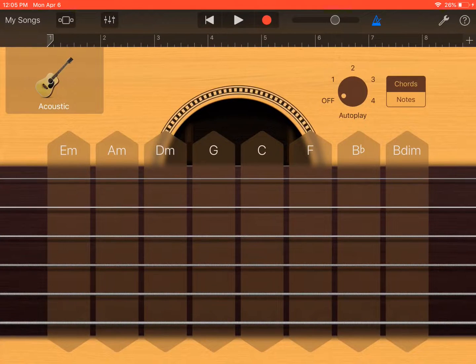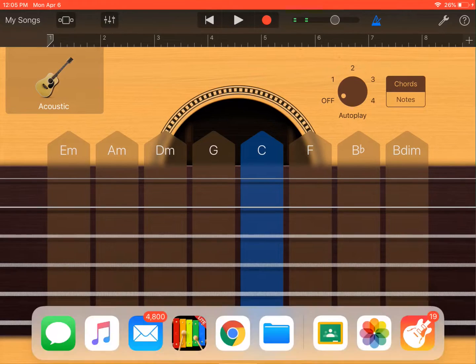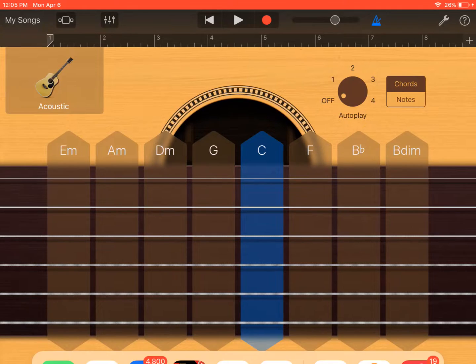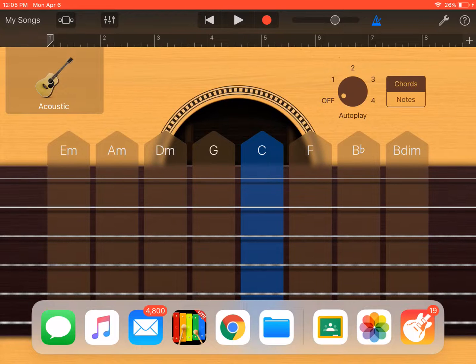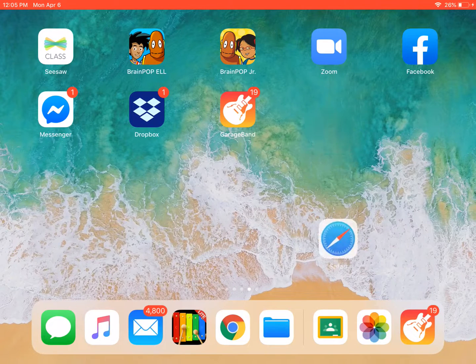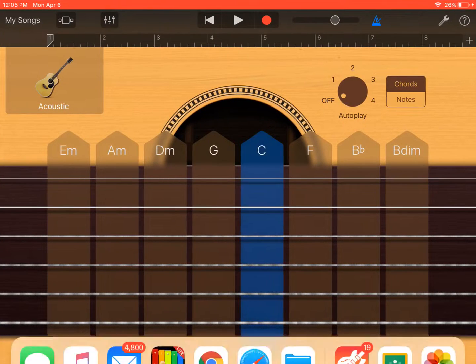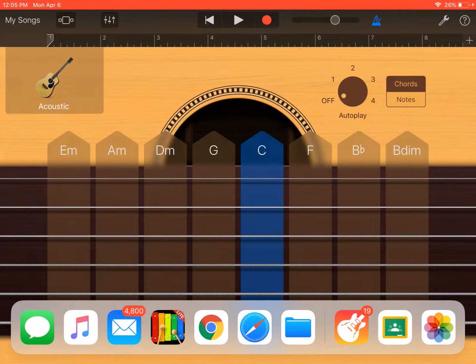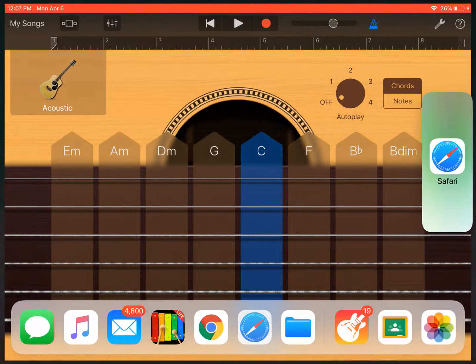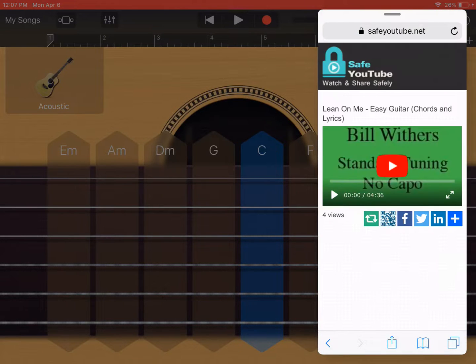to GarageBand. And when I'm in GarageBand, I'm going to sweep up on the bottom. Oops, that was a little too hard. Sweep up so that the dock opens back up again. And it looks like Safari is nowhere in the dock, so I'm going to bring Safari down to the dock. There it goes. I placed it in the dock. Now I go back to GarageBand, sweep up on the bottom so the dock shows up, and there's Safari. Now this time I'm going to hold it down and slide it in so that it then opens up a split screen. Now this last step here is really important because I could push play and try to play along,